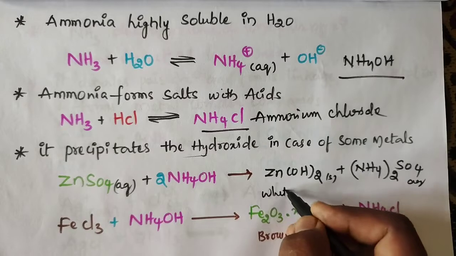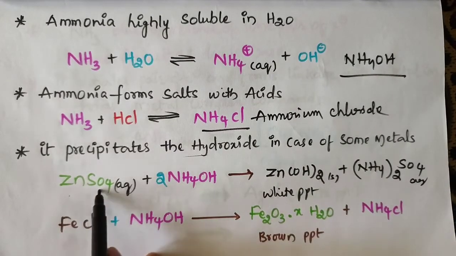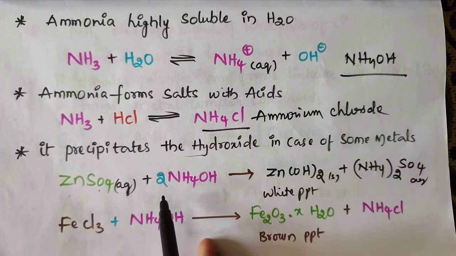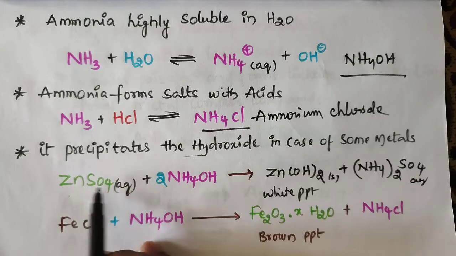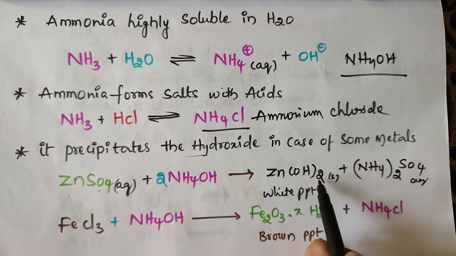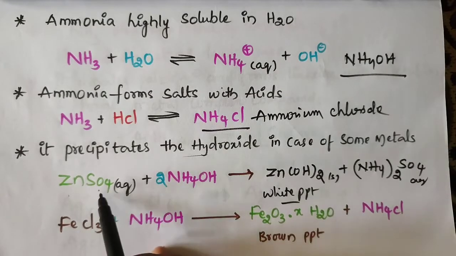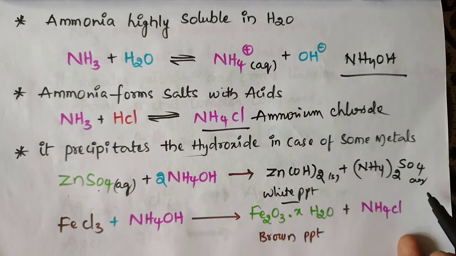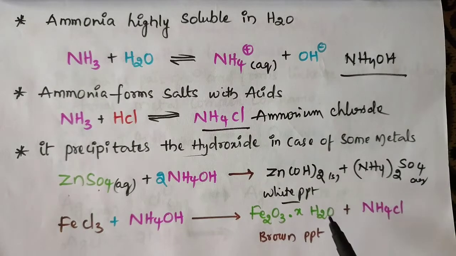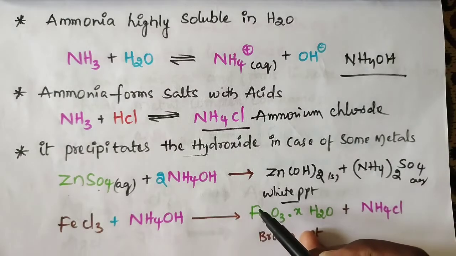Precipitation, white color precipitation appeared. Okay, ZnSO4, zinc with SO4, zinc sulfate. This is zinc sulfate with ammonium hydroxide. So Zn plus 2 state is there, so zinc with 2 hydroxides, Zn(OH)2. It is a white color PPT, and the remaining ammonia and sulfate give ammonium sulfate, (NH4)2SO4, an ammonium sulfate solution. So zinc is precipitated as a white color precipitate.